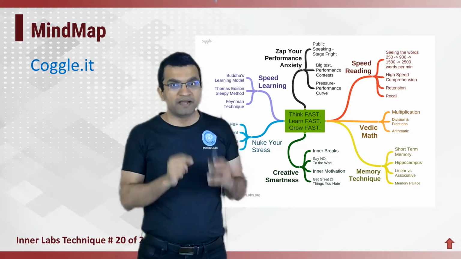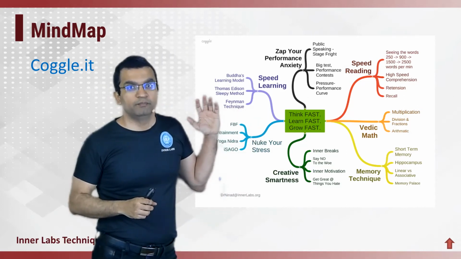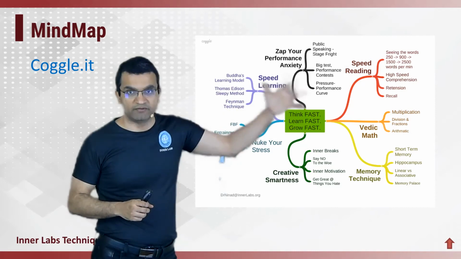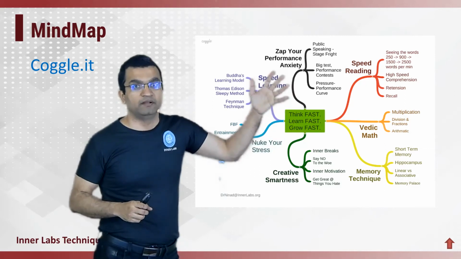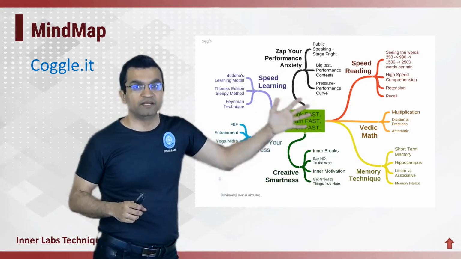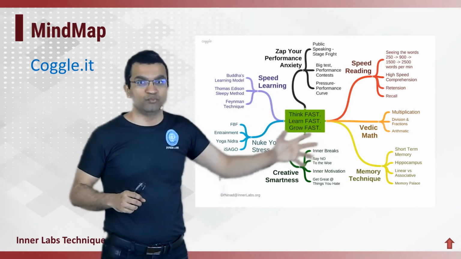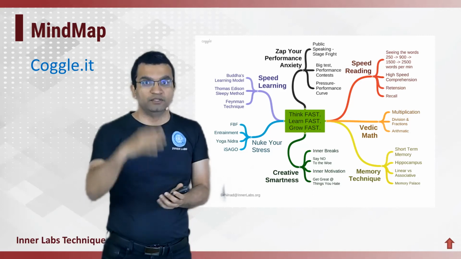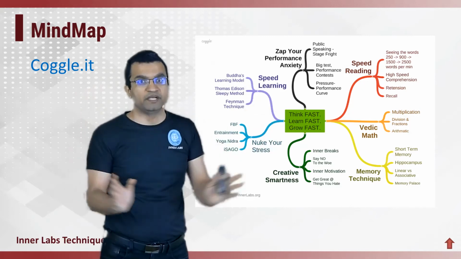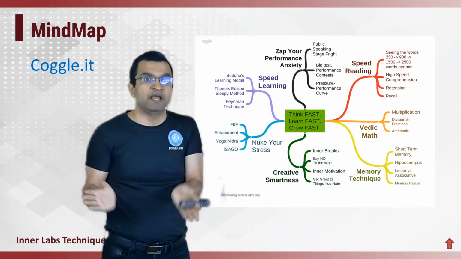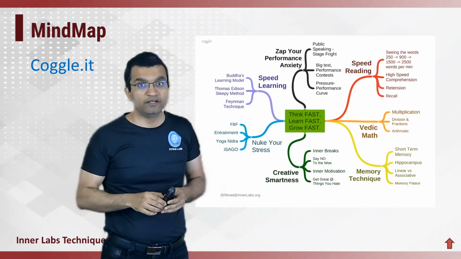Remember, mind works this way. And that's why you need to create mind maps of information. Our mind does not like dull, drab, usual, boring information. It wants interesting information. So if you arrange it in a nice way, in one shot, you have such a large amount of information in just one picture. Now, you can put this mind map inside AnkiDroid software and use it to recall information.